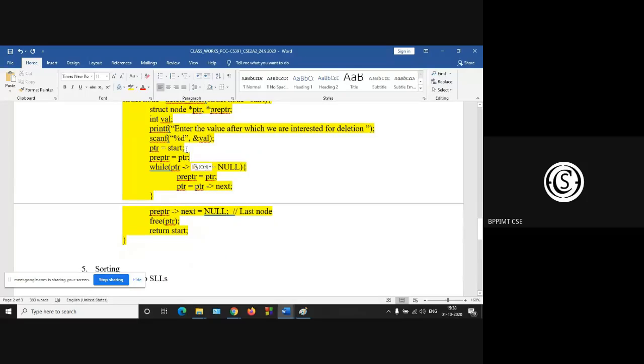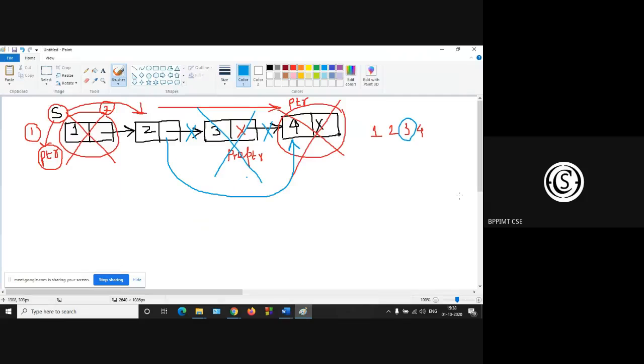Initially start is copied to PTR and PTR is copied to pre-PTR, so initially PTR, pre-PTR and start are at the same position. Now you have to delete after these two. So this will be your pre-PTR. Let the pre-PTR be denoted as PP and PTR be denoted as P.